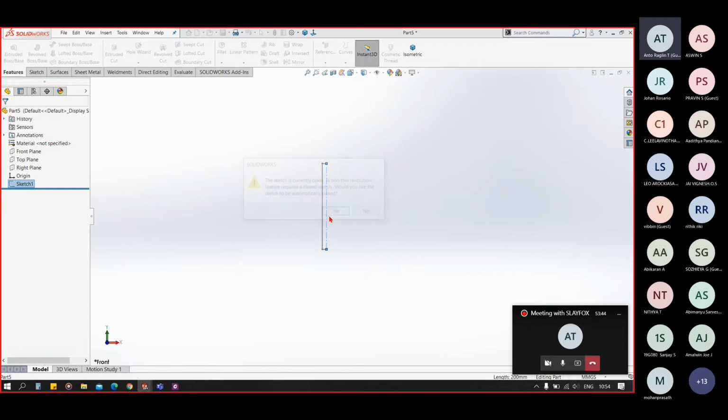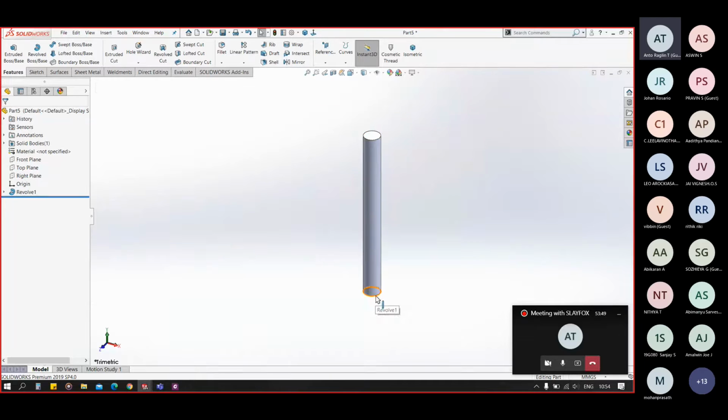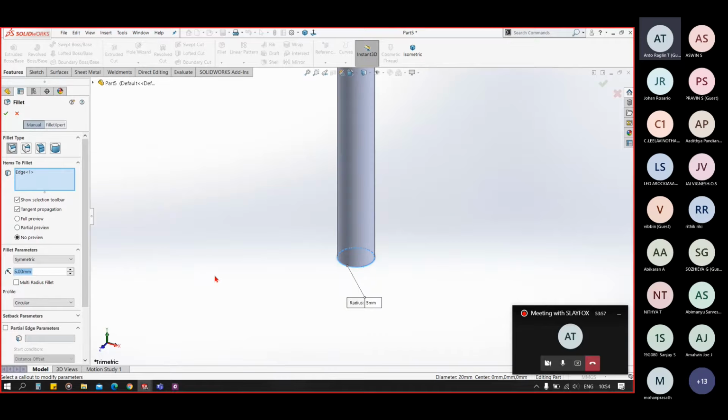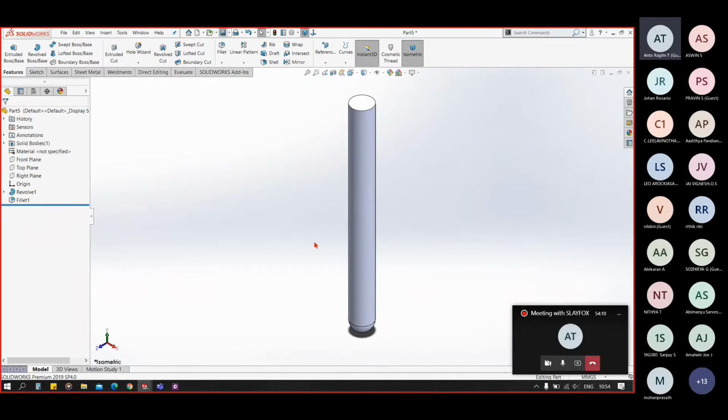I am using a revolved sketch to create a follower this time. Now you can see I have smoothened this end face so that we can easily understand its motion.